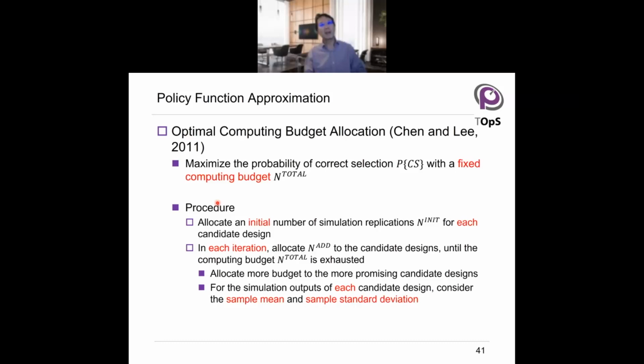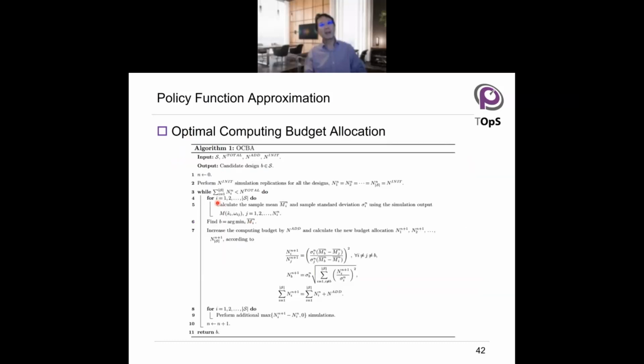Okay, and the evaluation of each parameter configuration is expensive because we need to simulate. Under each parameter setting, we need to run the simulator for multiple days. Okay, so this is the pseudocode of this OCBA. The basic idea is that for every